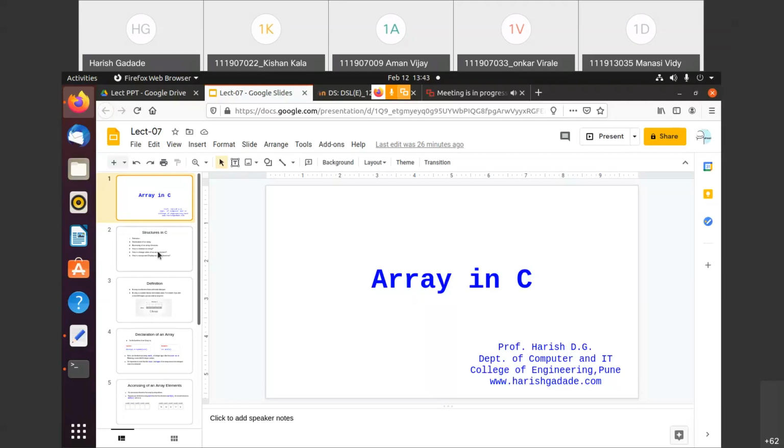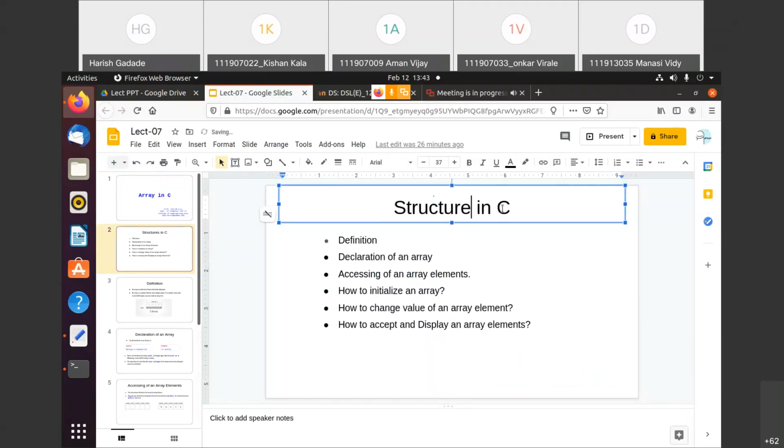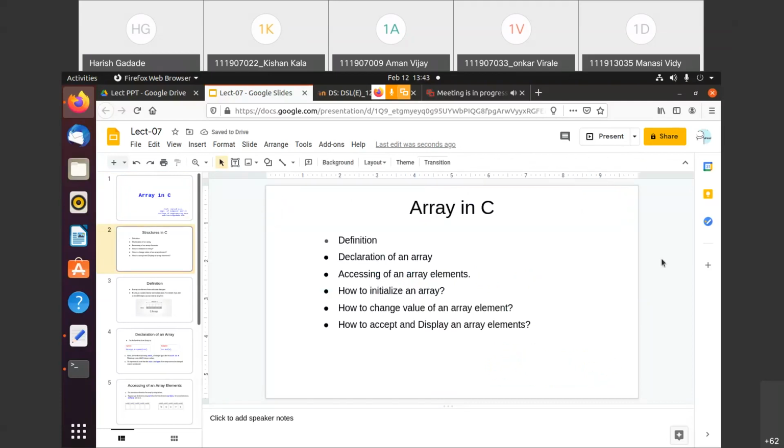The array concept you already studied in Python programming also. So these points I will cover in this array. First is the definition. Everyone might already know the definition.